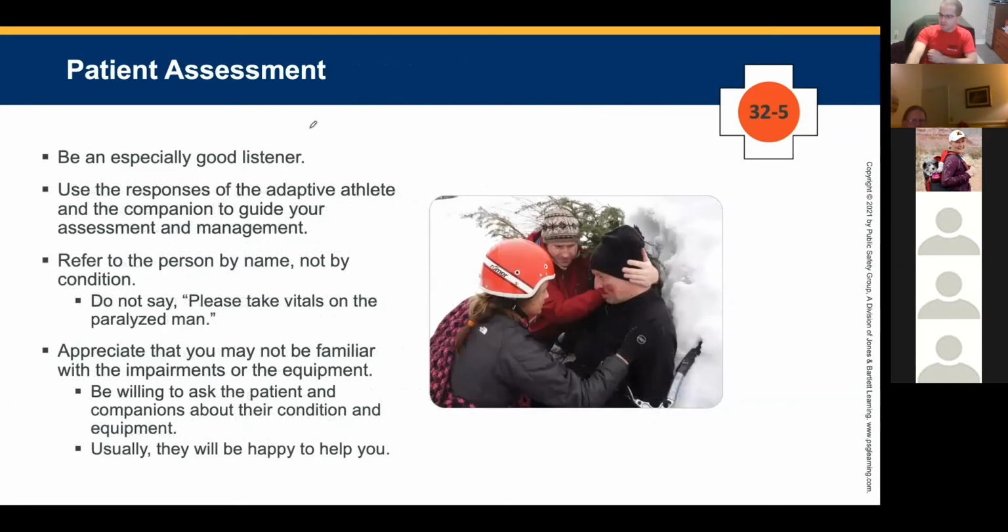So we always want to be a good listener. We want to use the responses of the adaptive athlete and the companion to guide our assessment and management. We want to refer to the person by name, not by condition. So don't say, hey, yo, go take vitals on that paralyzed dude over there. We always want to refer to them by name. We want to appreciate that